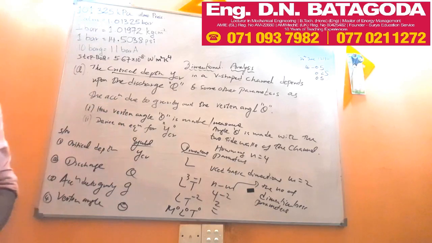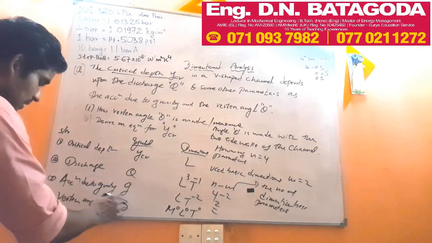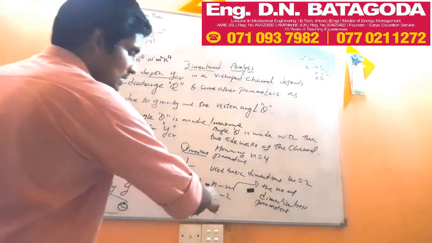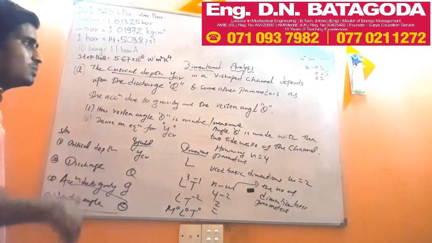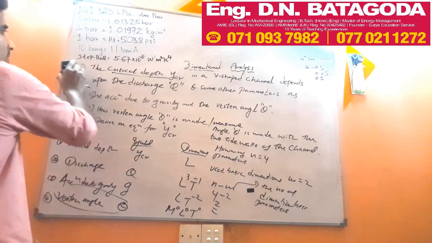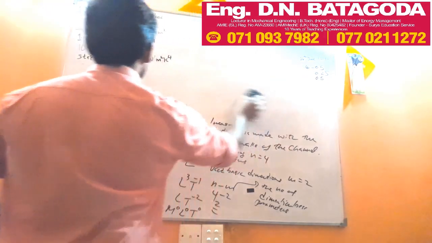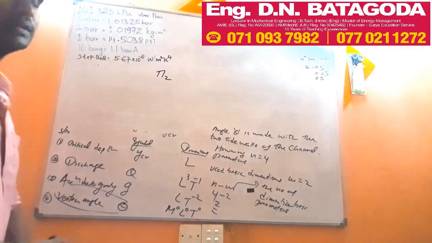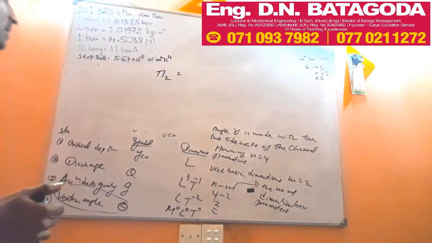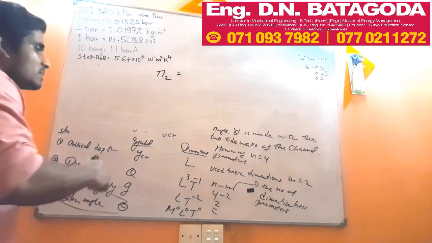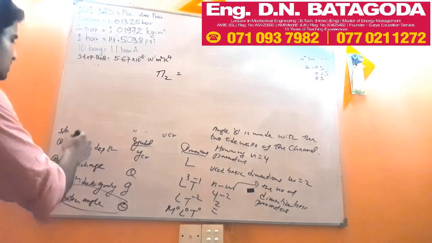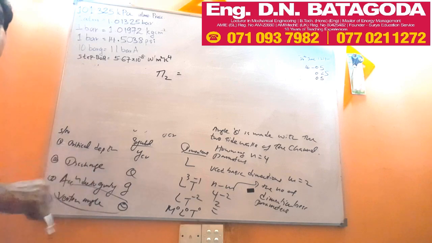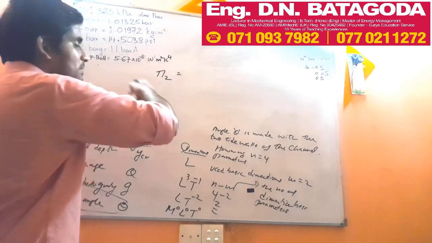Now be very careful. In this problem we already know that the vertex angle theta is dimensionless because it has no dimensions. But this equation tells us that we have two dimensionless quantities. So one is known. What will be the other one? So what is the other dimensionless quantity? Let's say that is phi 2. There is a special way of solving that. Phi 2 we are going to write by using the other three. If you consider these 4 parameters, one parameter has no dimensions, and we have 3 parameters that have dimensions. So we are going to find the other remaining dimensionless quantity by using